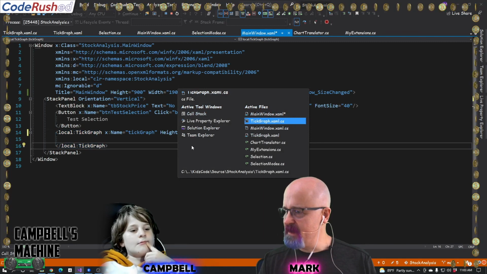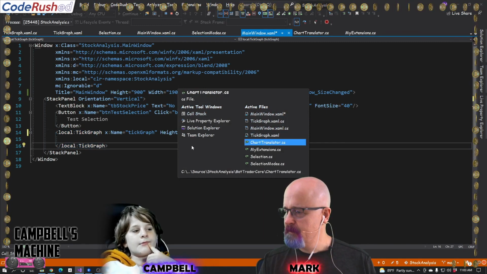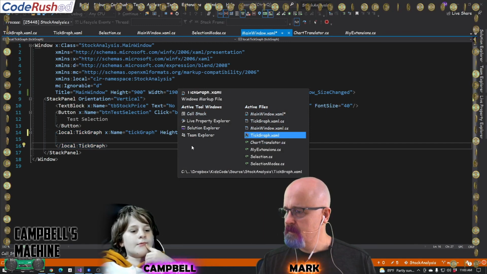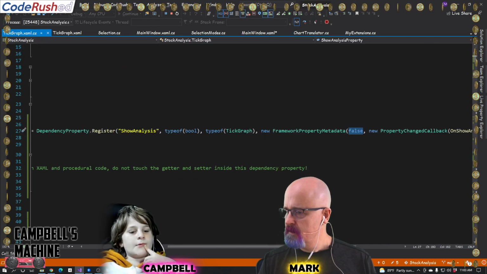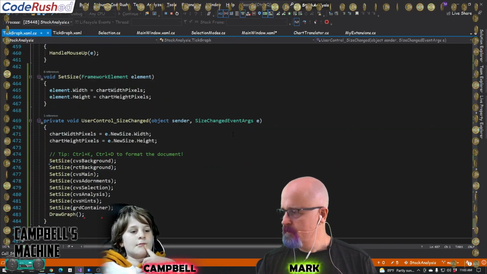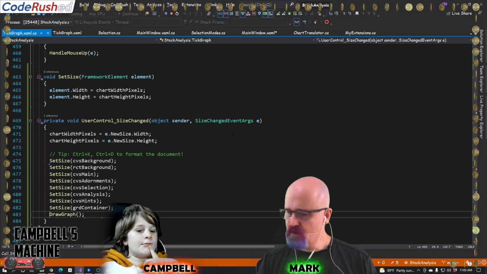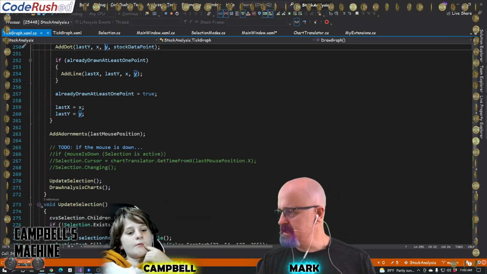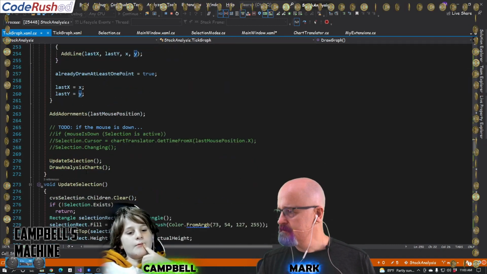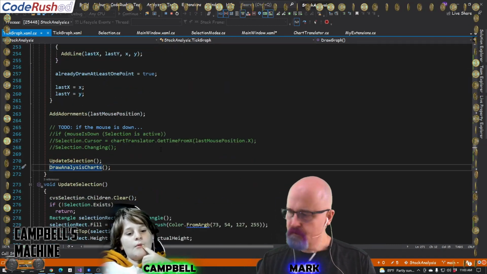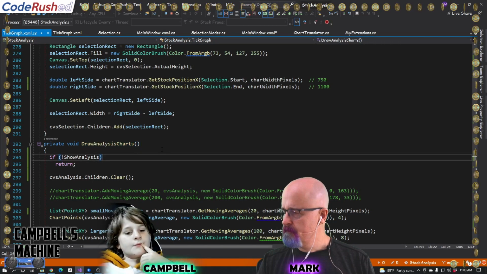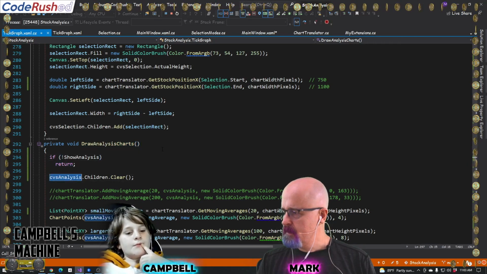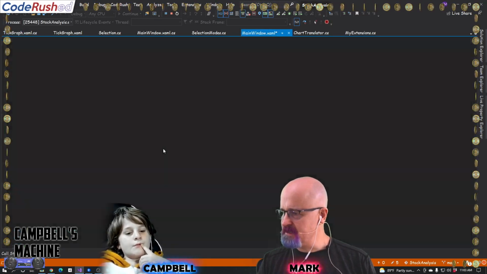That is going to be fixed. Inside draw graph, we go to what, draw analysis, I think, right? Here's what we're going to do. In show analysis,